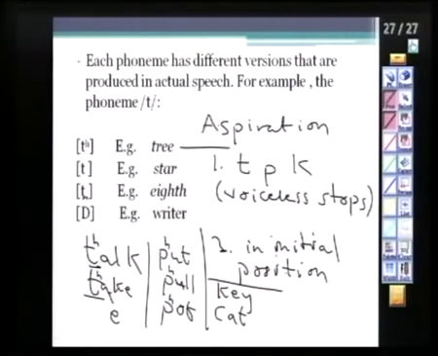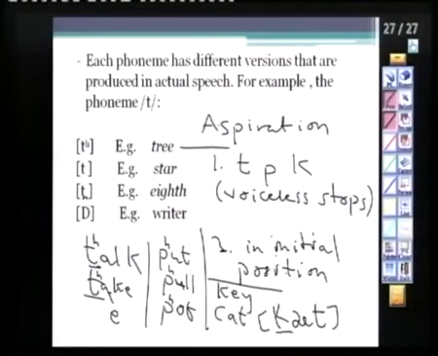Yes, cat, because spelling is misleading. How do you pronounce this word? Cat. How do you transcribe the word cat? Do you remember? Cat. Right? So this one is a ka. It's a voiceless stop. It's in initial position, so you aspirate it. Good about aspiration? So it's not just the ta, it's also the ka and the pa.